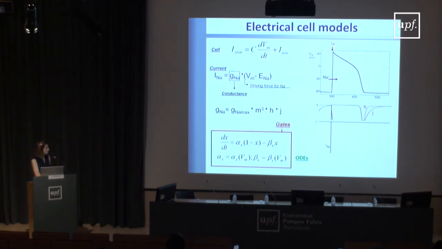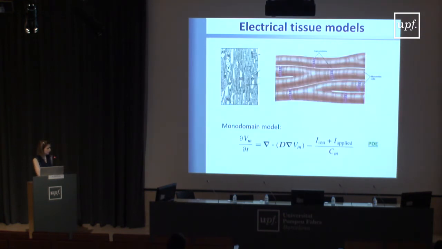And in these sets of ordinary differential equations, we have equations for the gates of the different channels. So basically, this would be one specific ionic current, and we model this ionic current through different gates, which allow us to model how the ions move from the inside to the outside of the cell, or vice versa. And we have these differential equations to define the gates of the channels. Altogether, we have a set of differential equations to define the electrical activity of the cell.